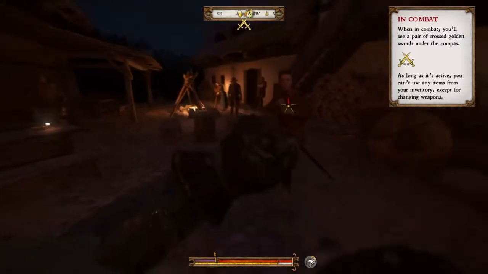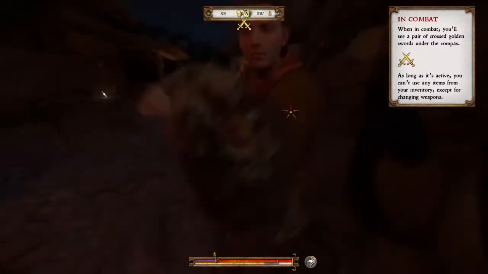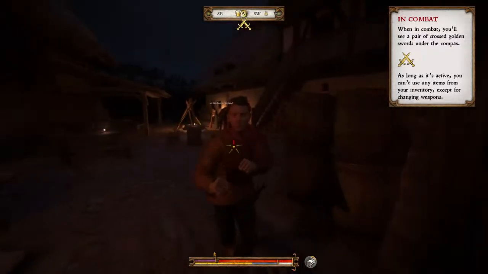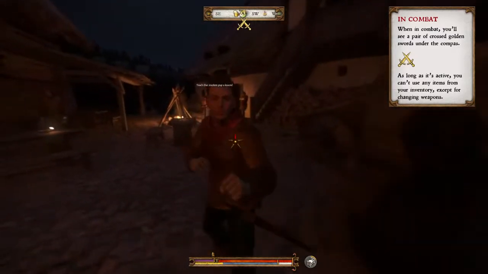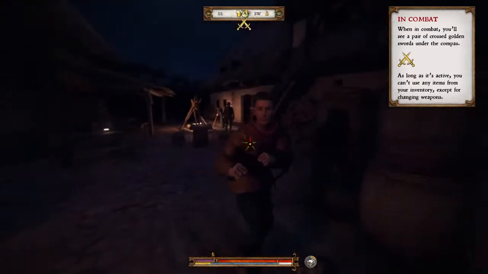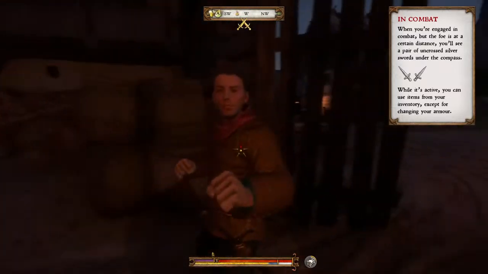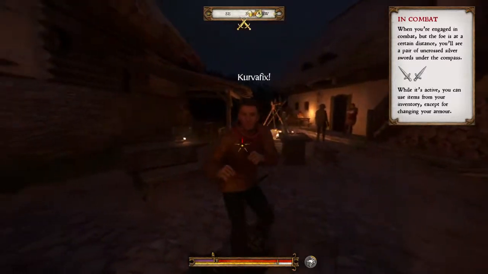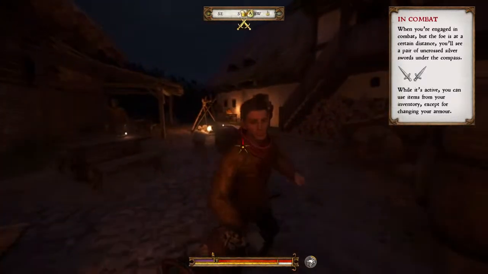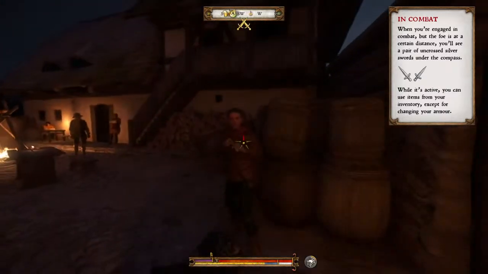Cunt! That'll show him. Ow! Ow! Are you going to cry now? Give that bastard something to remember, you guys. No quarter, sir. Kurva-pigs! Go on, show it what's wrong. That'll teach you how to...